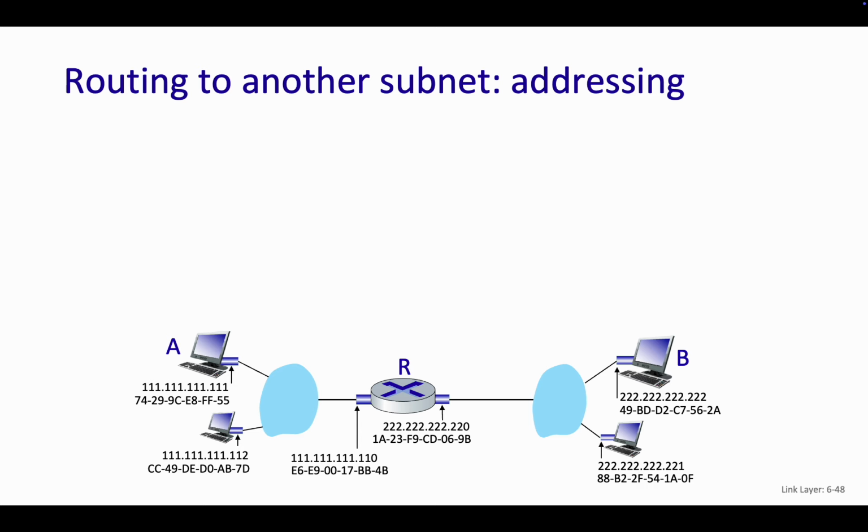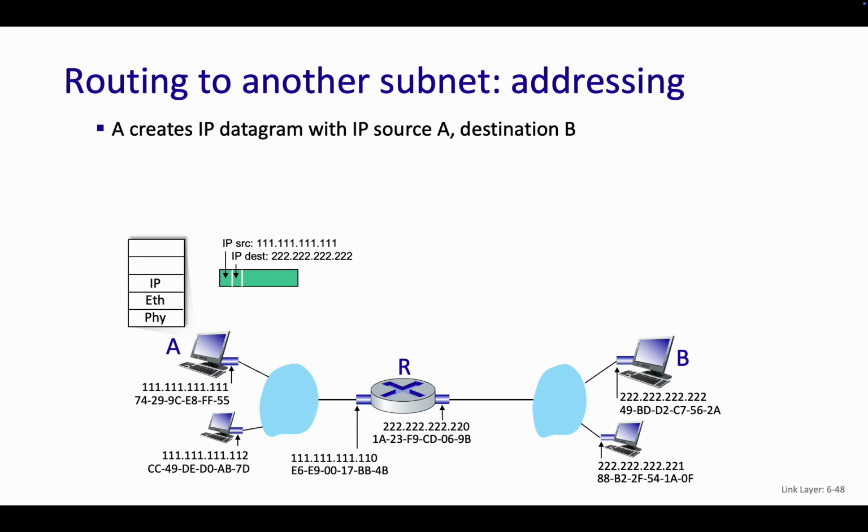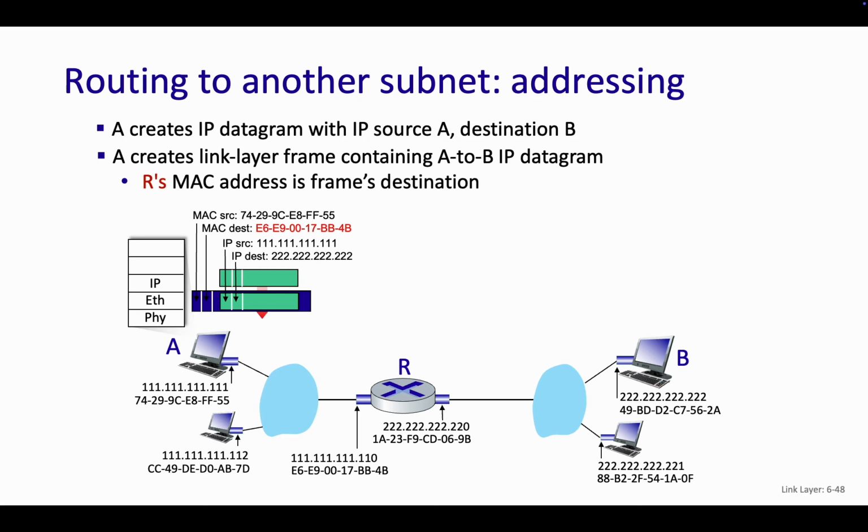So what I'll do is I'll fill in my source IP address, that's me. I'll put my destination IP address, that's who I want to send to, B, so from end to end. Because remember, IP works end to end, but what am I going to put in the Ethernet frame? The source MAC address will be my MAC address, but the destination MAC address won't be B's MAC address, because I don't know what that MAC address is.